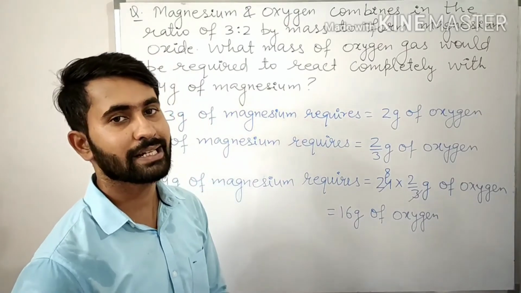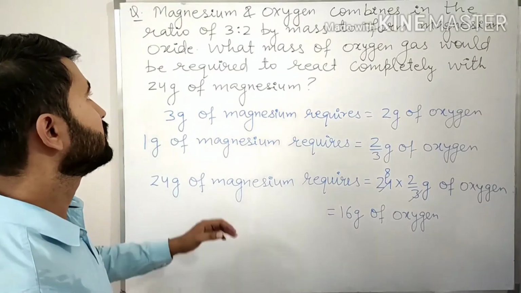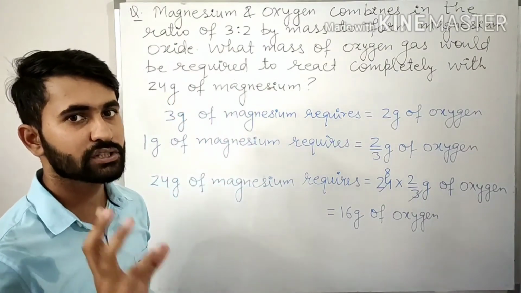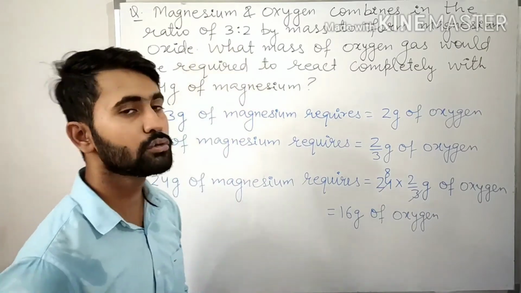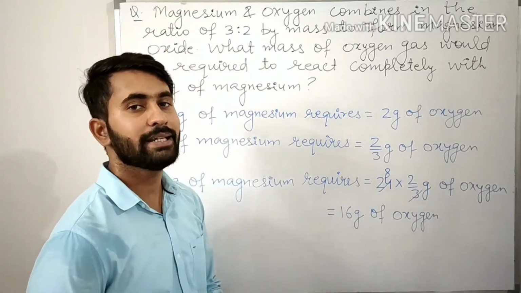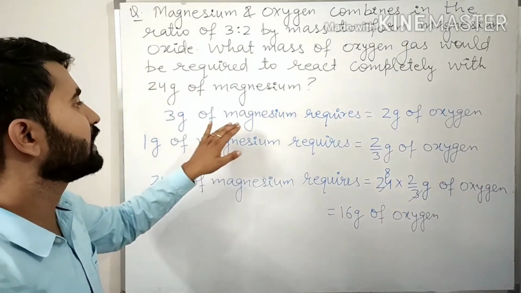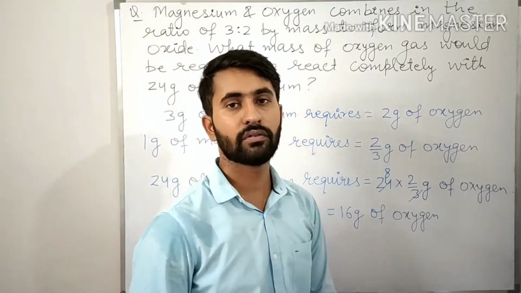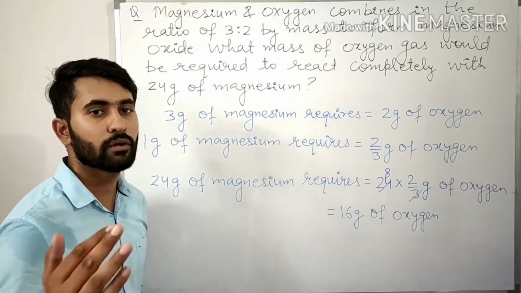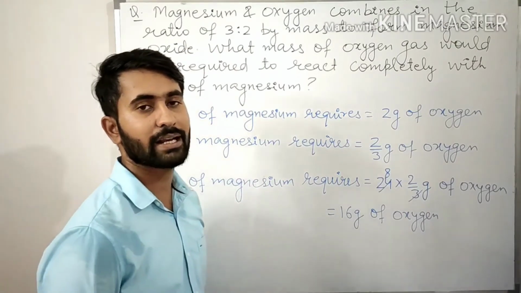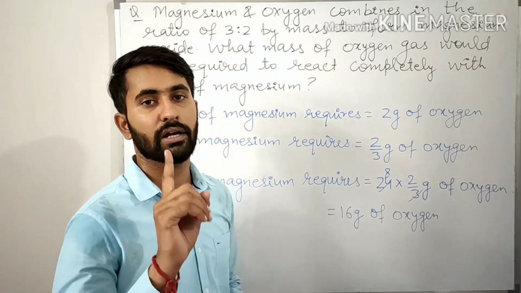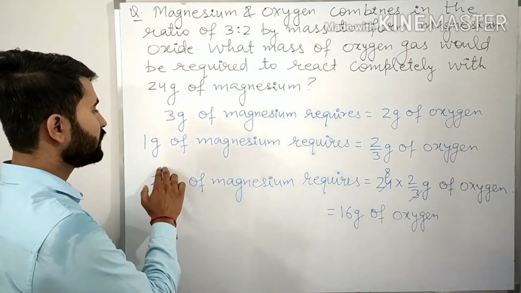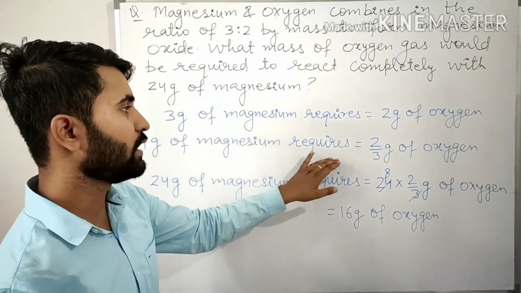In the question it is already given that magnesium and oxygen combine in the fixed ratio of 3:2. So it means that 3 grams of magnesium requires 2 grams of oxygen. From this, first of all, we will calculate the oxygen required by 1 gram of magnesium. So 1 gram of magnesium will require